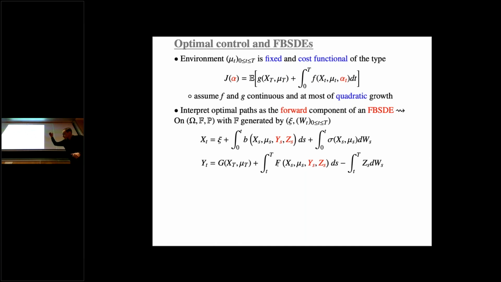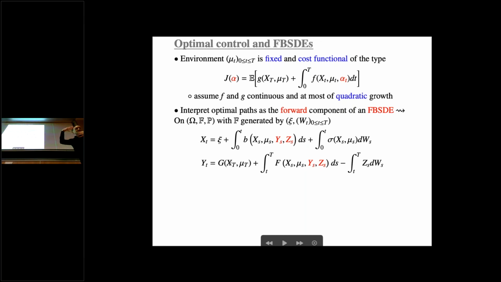So there is a way which is to penalize. You penalize the equation in a unique manner to force the solution to be adapted to the noise. This is the theory of backward stochastic differential equations that comes from Pardoux and Peng in the 90s. And there are some experts in the room. Now, once you have this term z, once again, this is an integrand in this penalization, and somehow it's determined in a unique manner. And back to the forward equation, you can either use y or z as an information to represent the optimal trajectory. It completely depends on what you put as f and g in the backward equation.